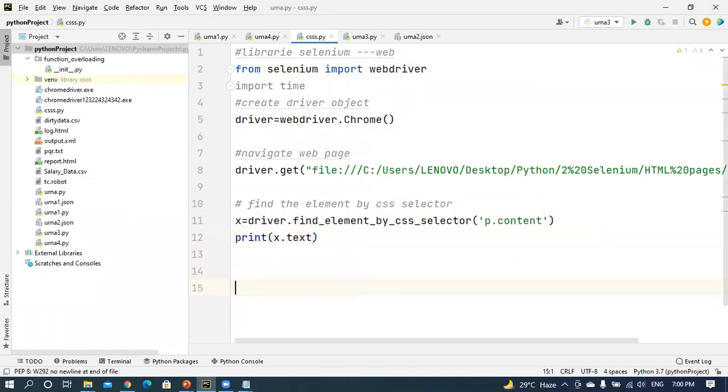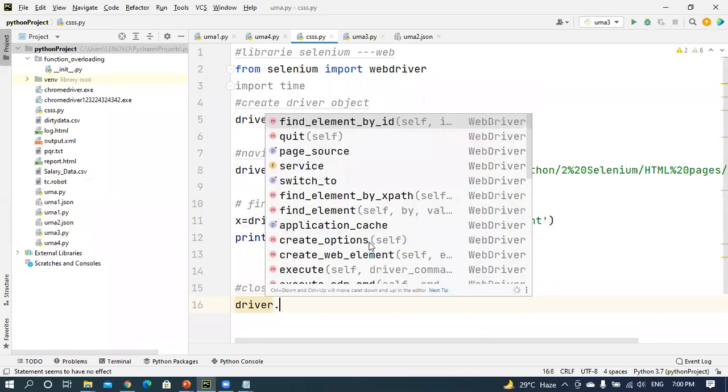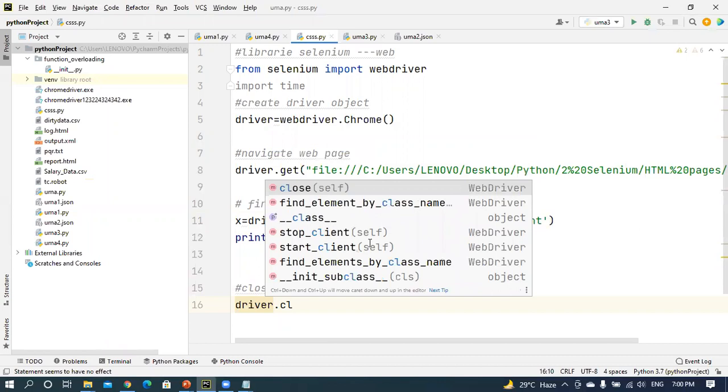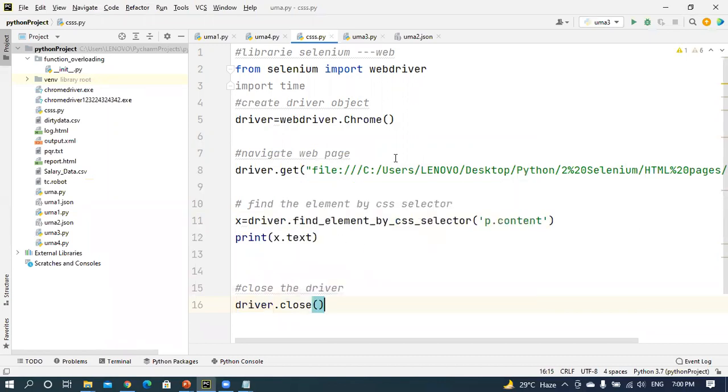After that, close the driver. Finally, close this particular driver. How can you close it? driver.close method. With the help of the driver.close method, you can do it this way.